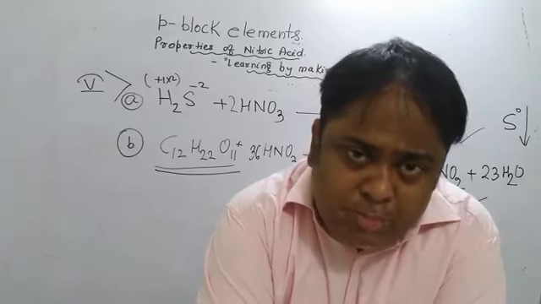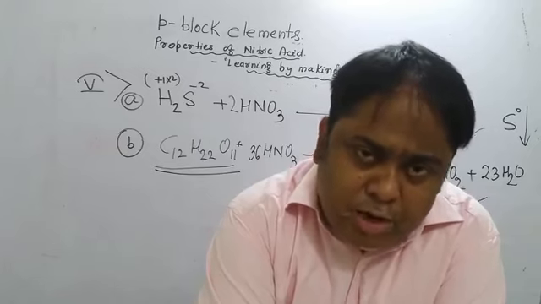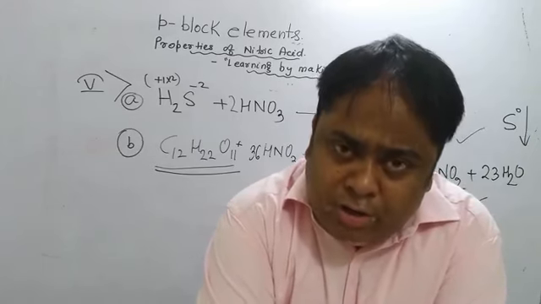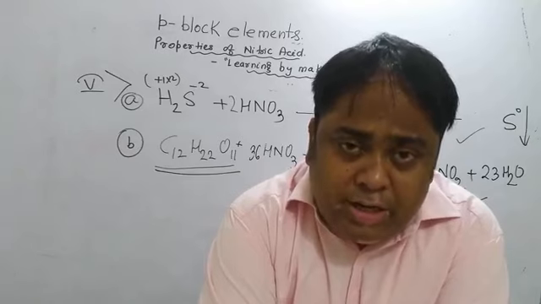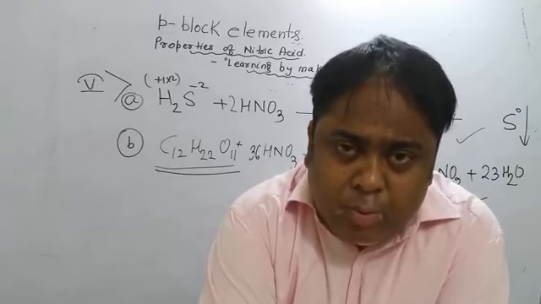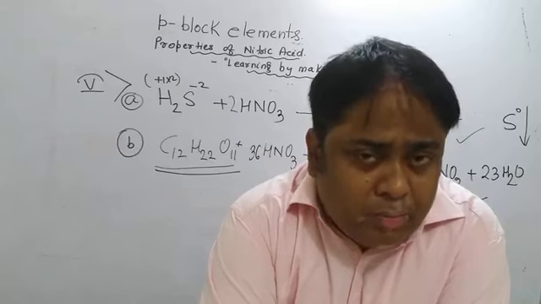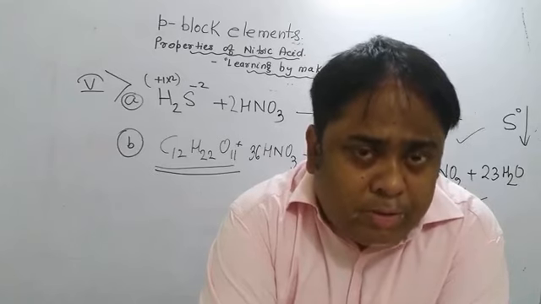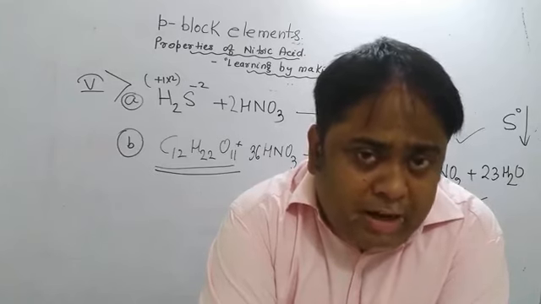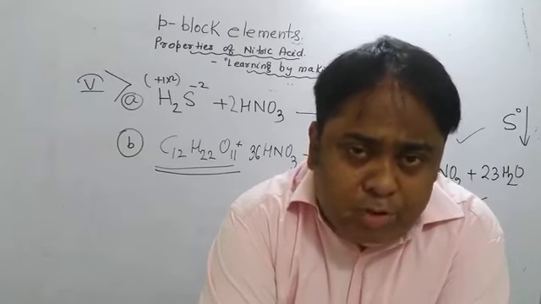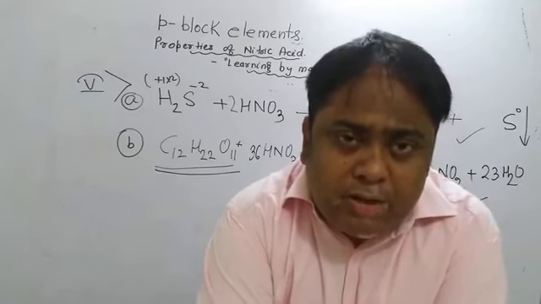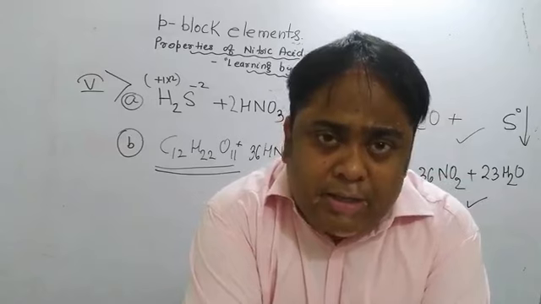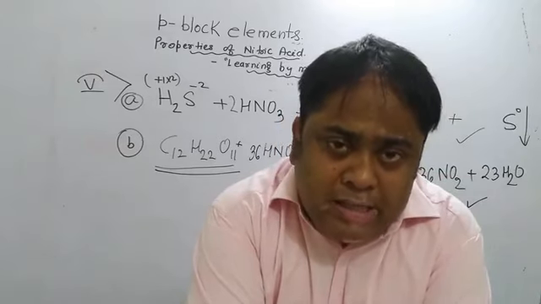So I have told you the obvious properties of the acid: with dilute HNO3 and active metals, it gives out hydrogen gas and salt is formed. But with concentrated nitric acid and with less reactive metals, water comes out, and with moderately active metals, ammonium nitrate is also formed along with the metal nitrates, and H2 does not come out, H2O comes out. So when does H2 come out? H2 comes out when the acid is dilute and the metal is highly active, else not.